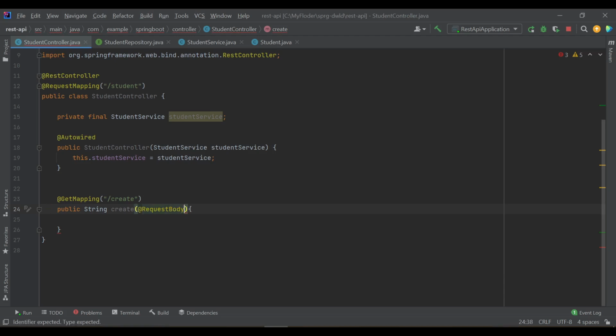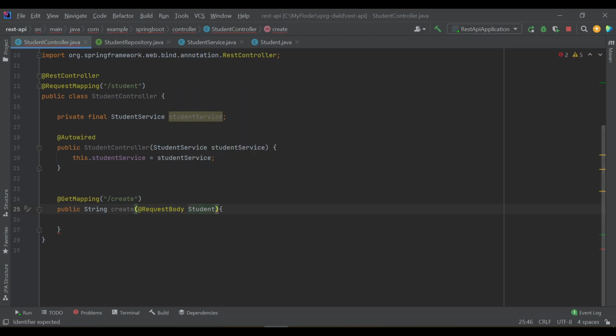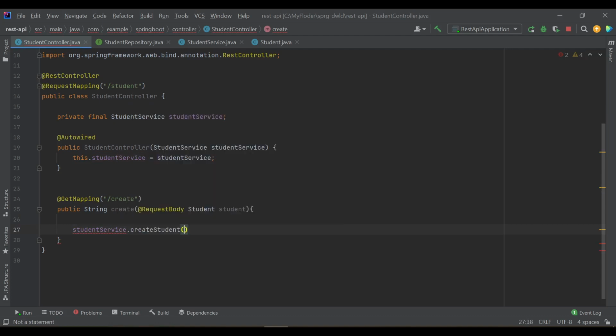So for that we use a Spring annotation, and it should be of type student class, which is our entity class. Let's keep it student. Now from student service we have the method student service dot create student. Here you need to use a student, right?